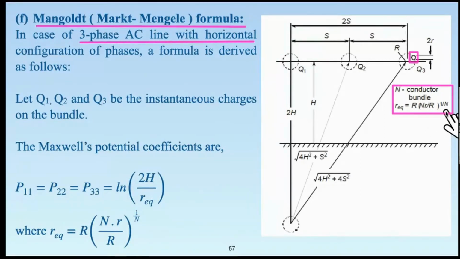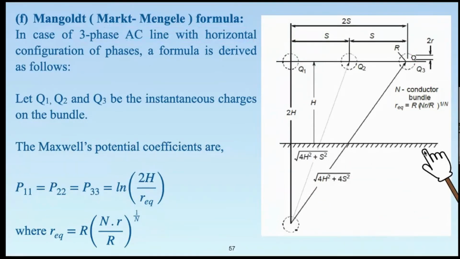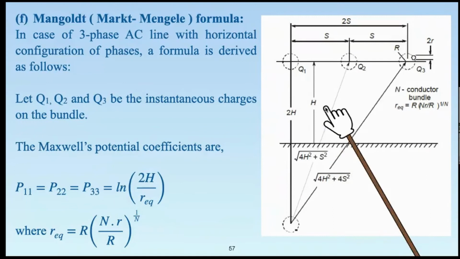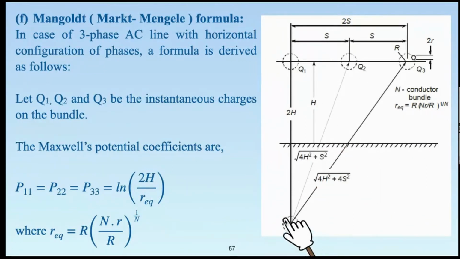Of course, now the other dimensions are that the ground effect is considered. Ground is closer to the three-phase conductors. That's why the effect of ground, and here you can see at the bottom, image conductors of, let us say, phase R has been indicated just to mark the dimensions. So the image conductor is exactly at the same depth as the height of the conductor above ground. So this is twice h. That means this distance from ground below will be h.